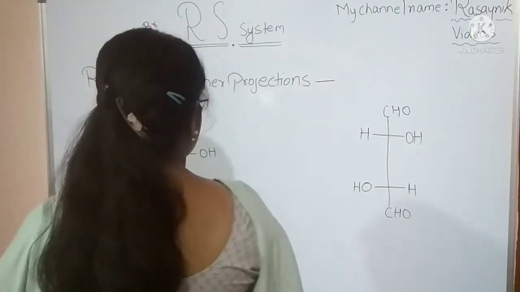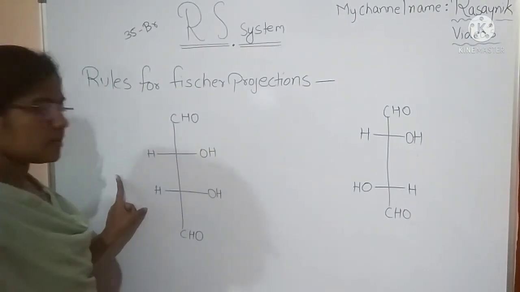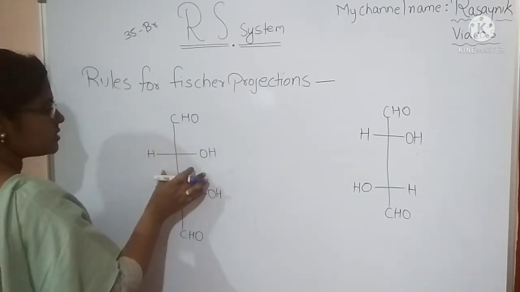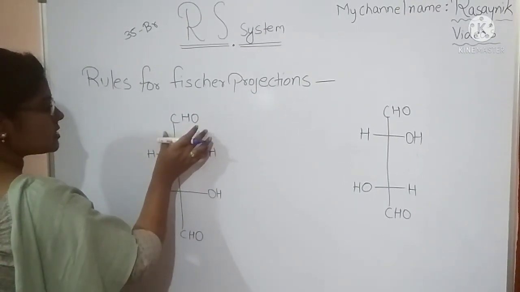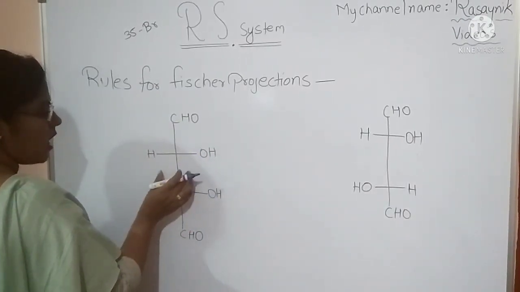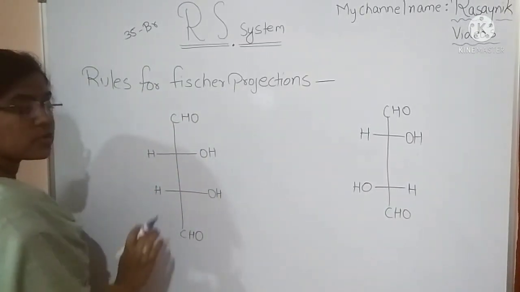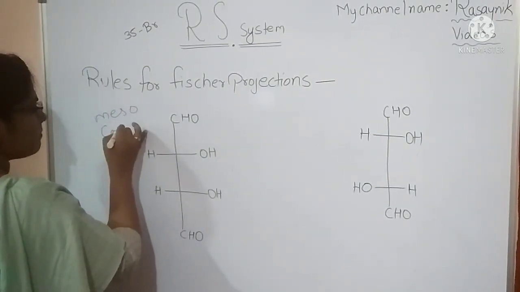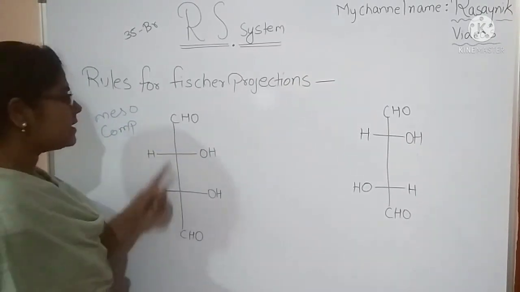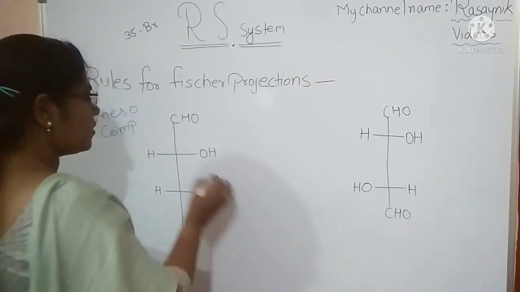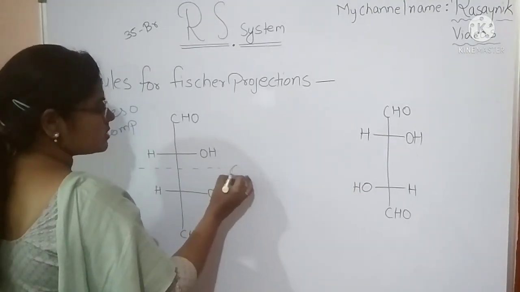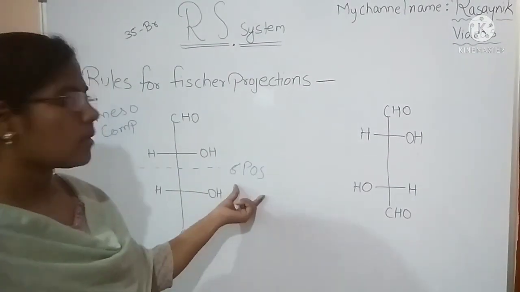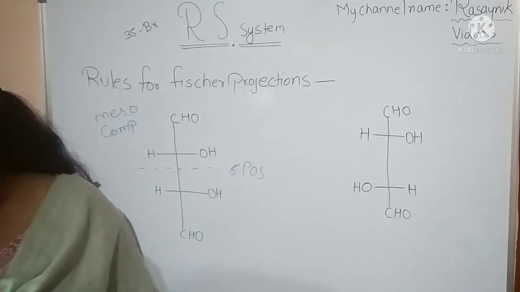Now these are the last two examples we have to take today. Which compound is this? These three molecules are the same, opposite to the three molecules here also the same, and this compound is called a meso compound. It is the mirror image of each other when we draw the plane of symmetry. We will take this topic in another video.